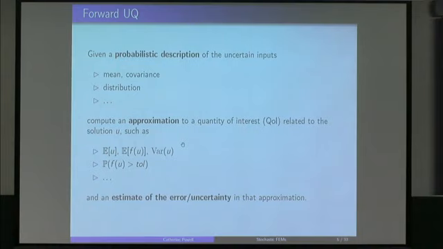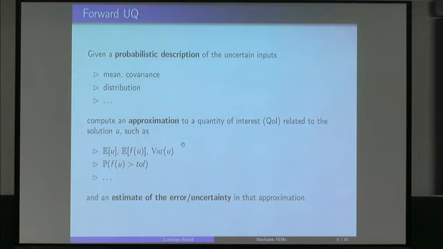So the output of our computer code is going to be a prediction. We want to predict things. We might be interested in the expectation or the variance of the solution to our PDE, or the probability that something that depends on that solution is doing something interesting or bad. But we don't just want to predict a number. We don't just want numbers out of our code.